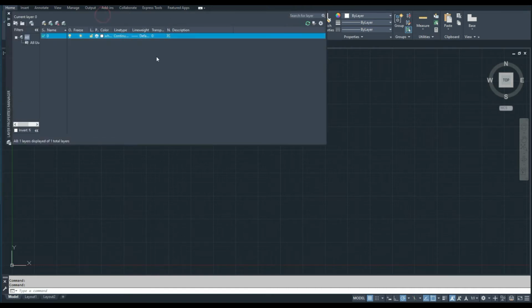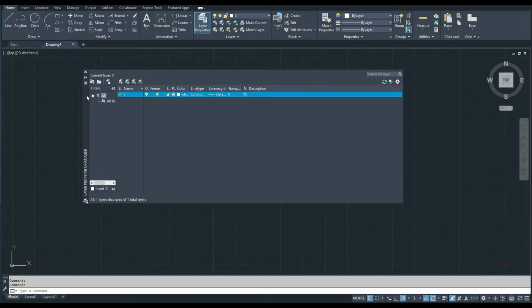As you see, this is the layer manager. The current layer is 0, and as you see, this is a green sign. It means this is the current layer. What is meant by current layer? That means that if you draw any object, it will be placed on this layer by default. As you see here, it is on, not frozen,